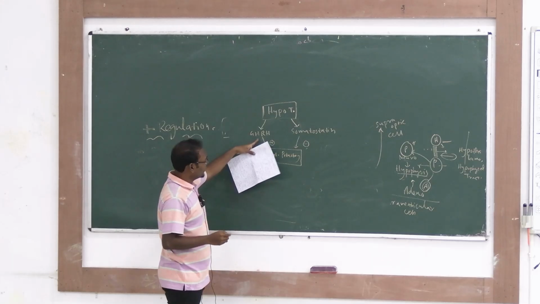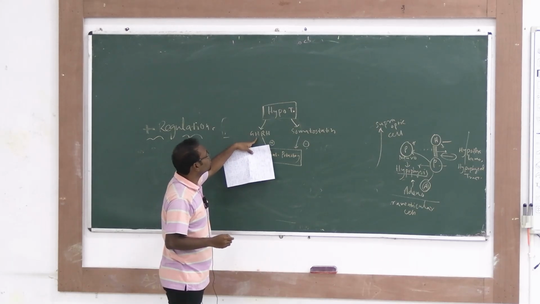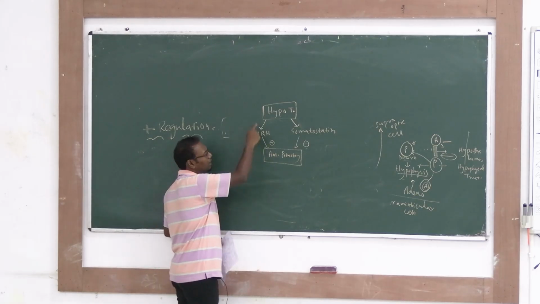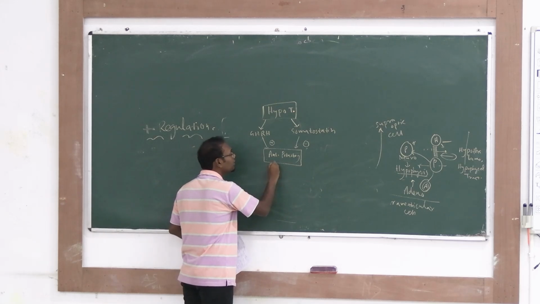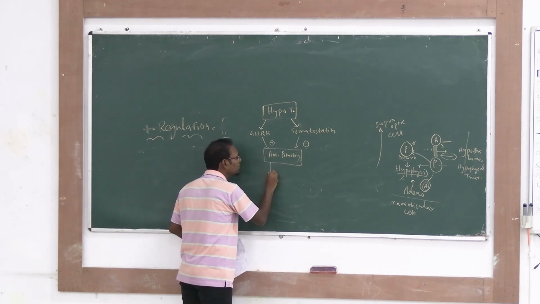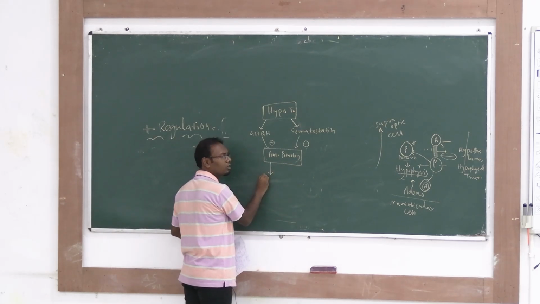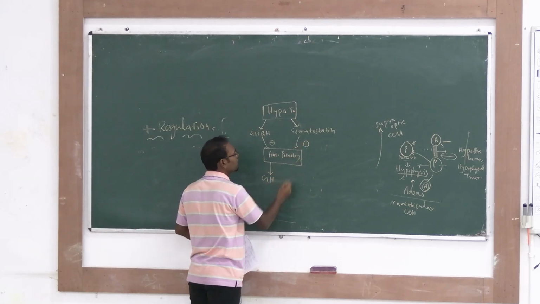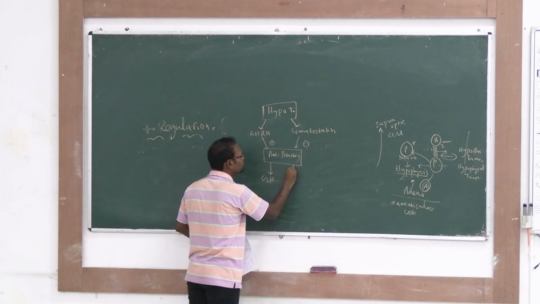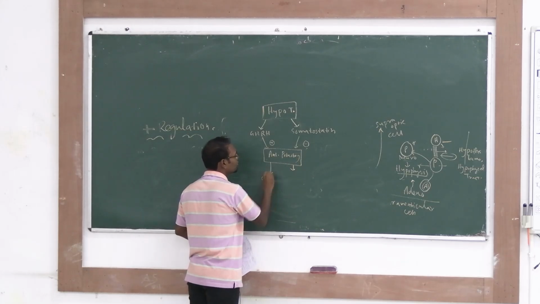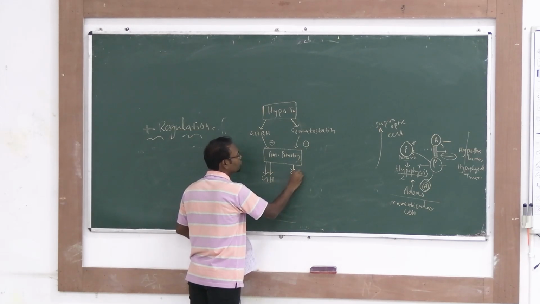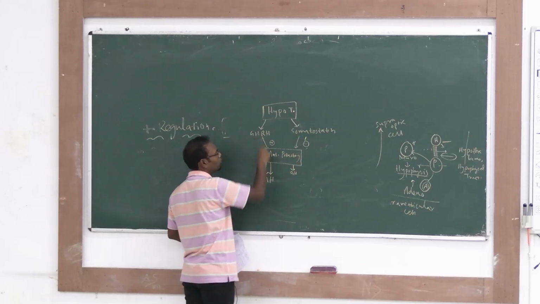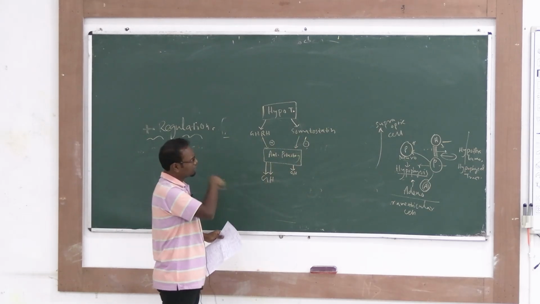Okay, GHRH, growth hormone releasing hormone, will be positively affecting the anterior pituitary to make them release growth hormone, and somatostatin will be negatively affecting the anterior pituitary to inhibit the release of growth hormone. So see, this one is affecting negatively, this one is affecting positively. So this is the first round of regulation.